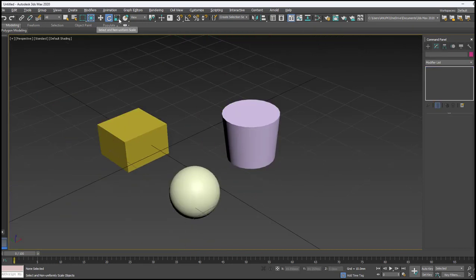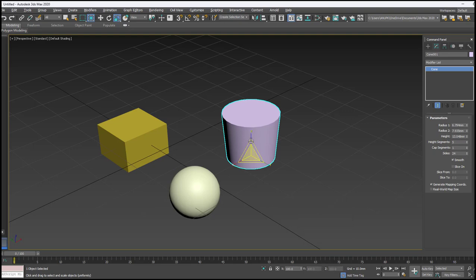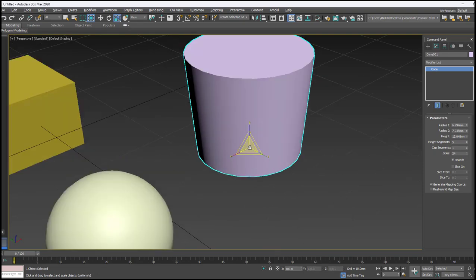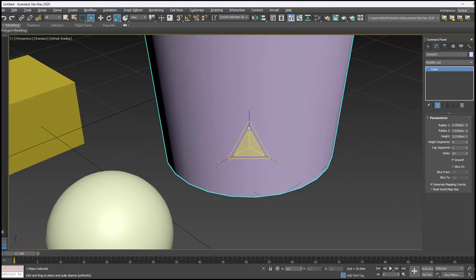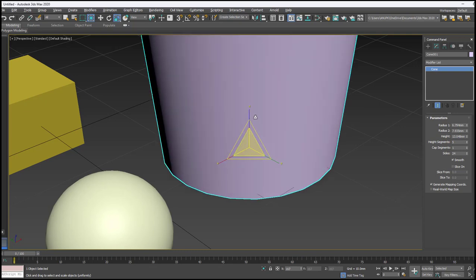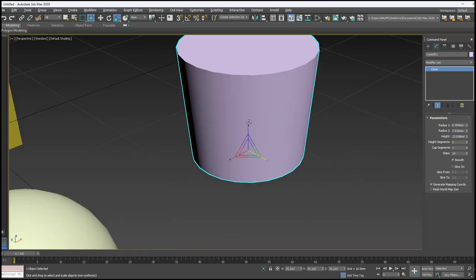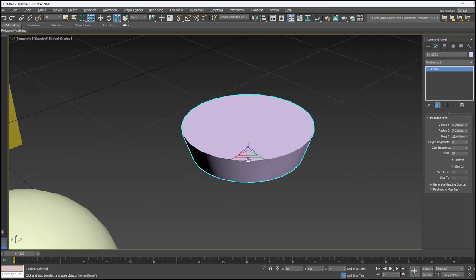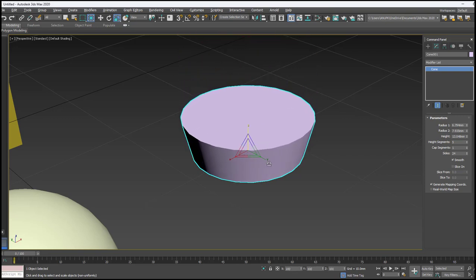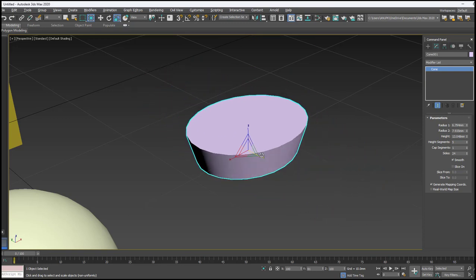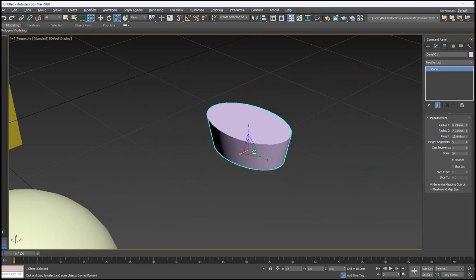Next one is scale. To get the scale, click on this scale command or else you go with the shortcut key, that is R. Then here you will get the icon. If you click over the center of this icon, you can just move inside and outside to scale up like this. Or else you can go with a particular axis. Just above this icon we have an axis, that is the Z axis. Along the Z axis, this is how you can scale up. Y axis like this, X axis like this.